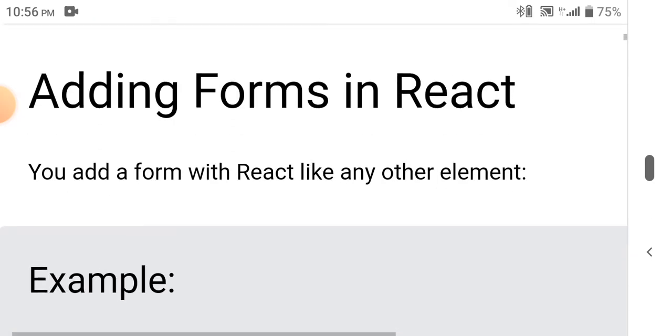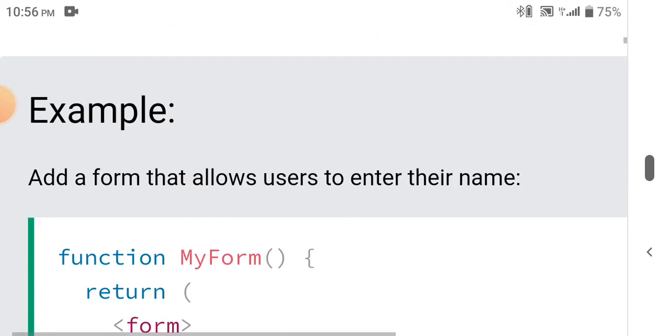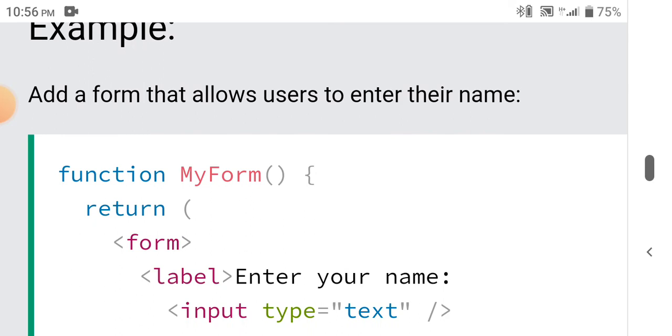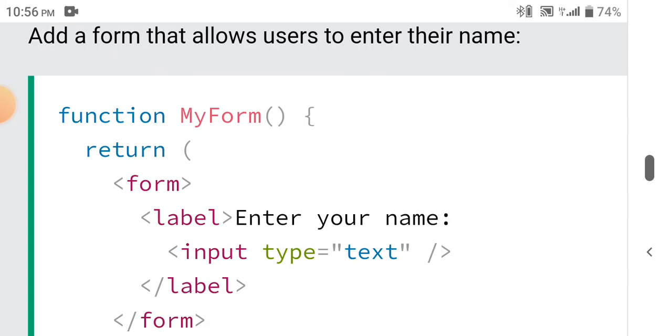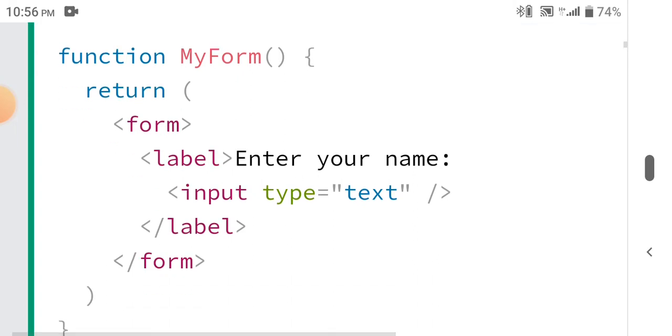Adding forms in React. You add a form with React like any other element. Example: add a form that allows users to enter their name. function MyForm() { return ( <form> <label>Enter your name: <input type="text" /></label> </form> )